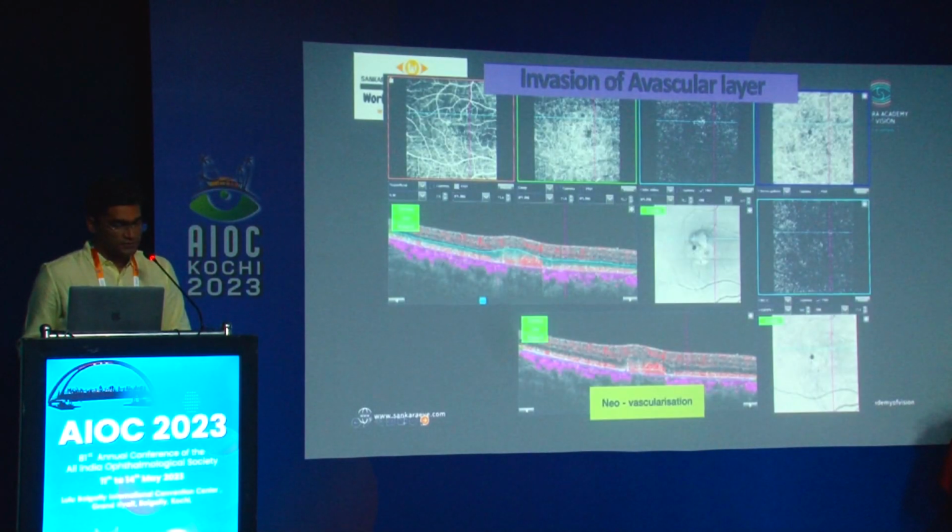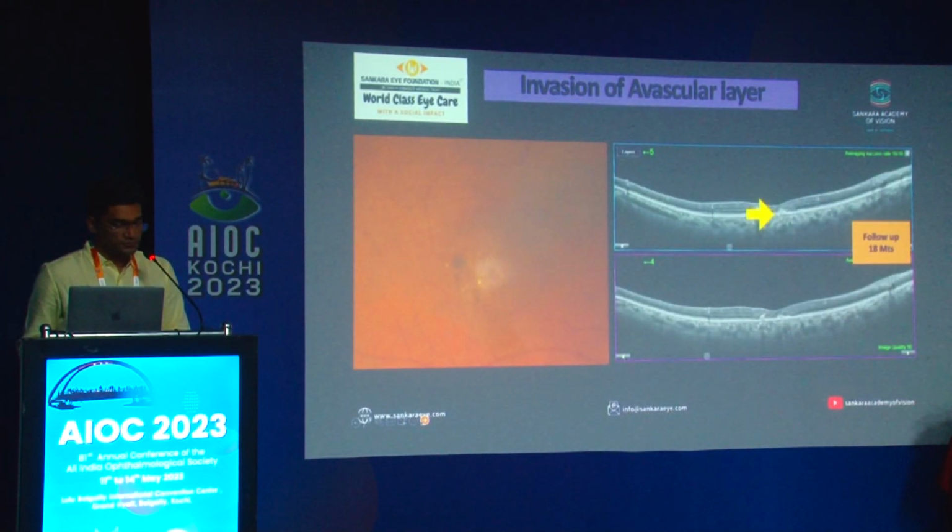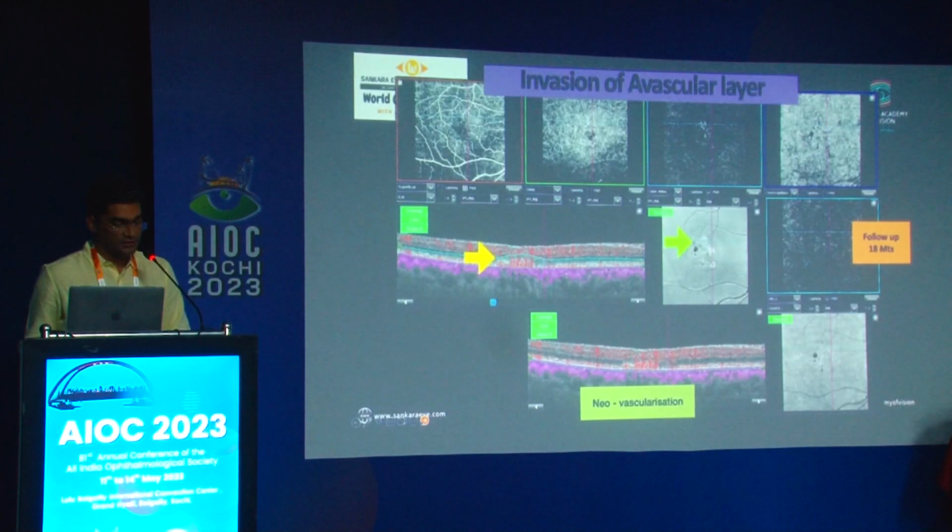Another possibility of invasion is the small PEDs, which have a good flow signal, as we can see. And we can see that in the outer retinal layer, there is a very small network. If we follow up such cases, because at this point in time there is no particular indication to inject, so following it up till 18 months, we can see gradually those areas of PED or that